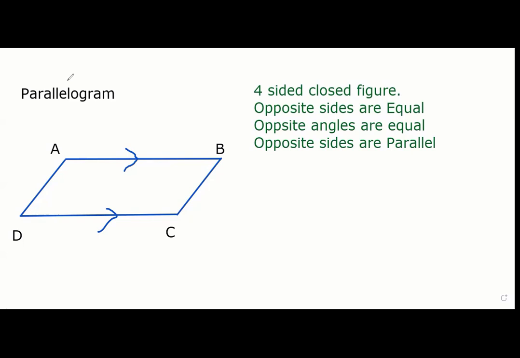And generally the way you write is like this. Side AB parallel to side DC, and side AD parallel to side BC. This is the symbol to write parallel, okay? And in the diagram it is shown by arrows. Got it? But there are more properties, guys. Opposite sides are parallel, and then the next property is